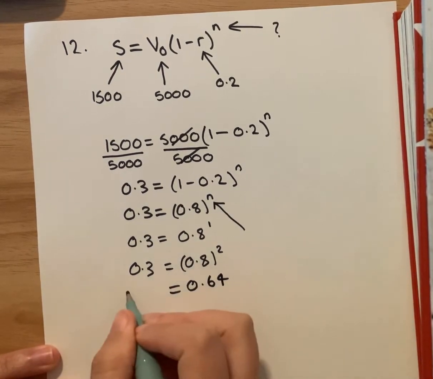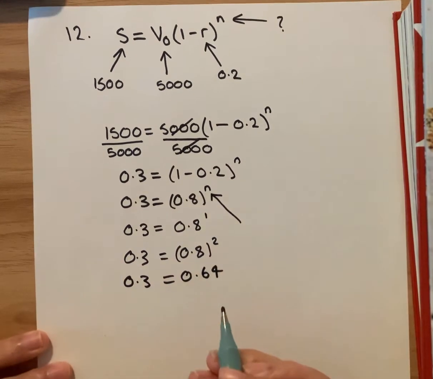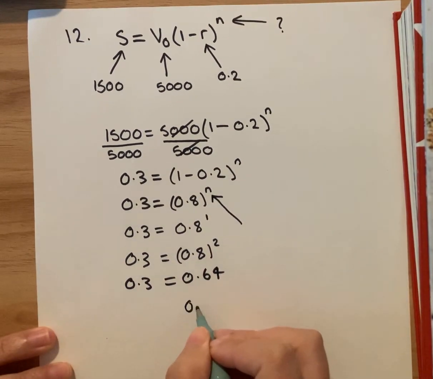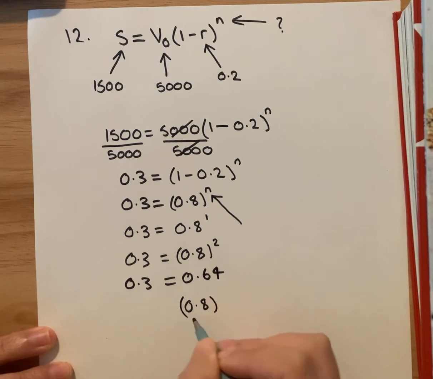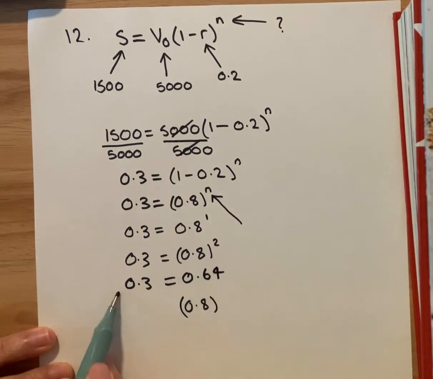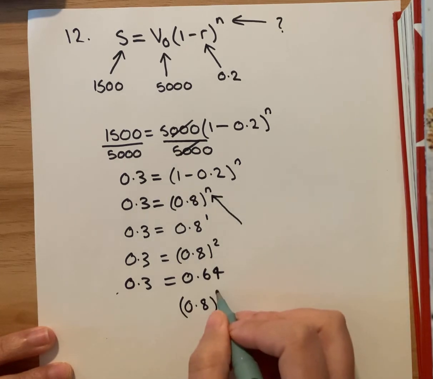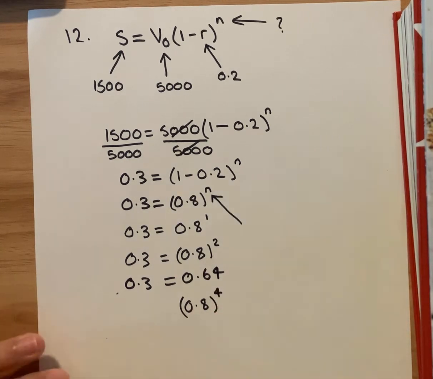0.64. So we're not at 0.3 yet. We've got a long way to go. Let's try 0.8. Let's skip ahead a bit because we're not really anywhere near 0.3 yet. So let's say 0.8 to the power of 4. Okay, so 0.8 to the power of 4